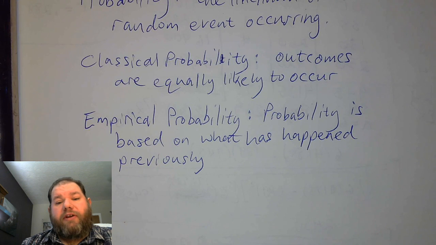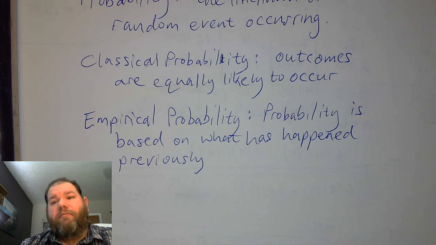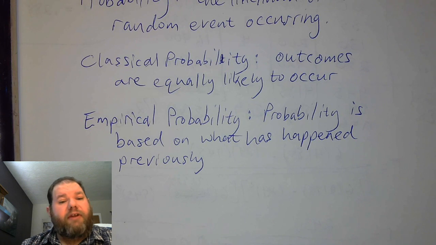Usually we're more concerned with what has happened in the current season of that sport because it reflects a more recent trend because things change over time. People get better, people get worse, people get older, different things are affecting outcomes. So in that sense, we tend to look at it on a limited basis, although we could also look at their lifetime of work and compare those two. And those probabilities are all based on experience, based on what's happened previously. But yeah, we can also use the same thing outside of sports. It's not just a sports thing.